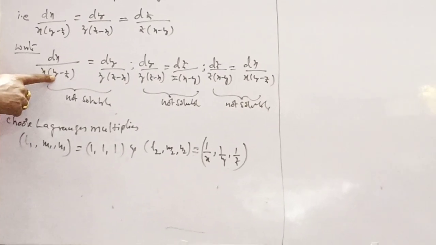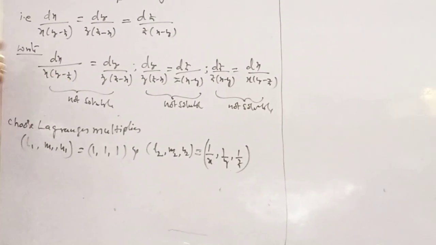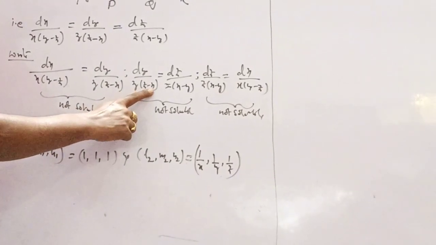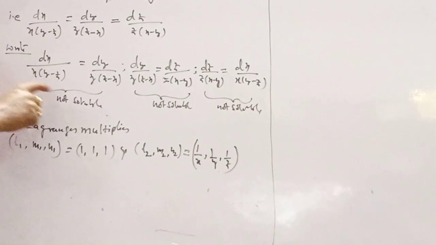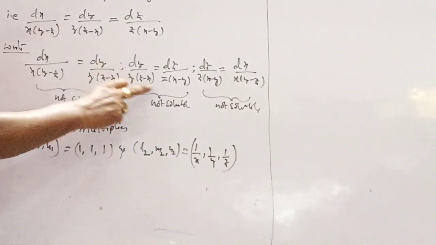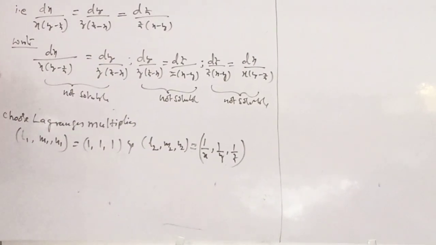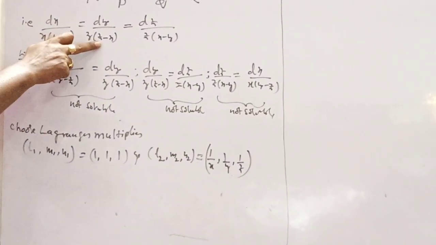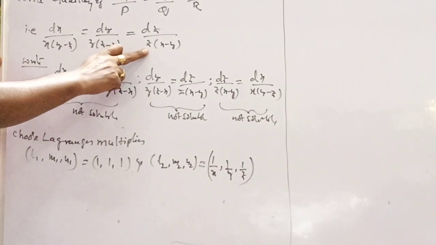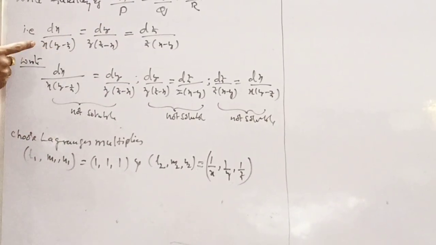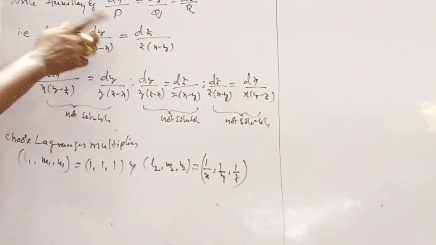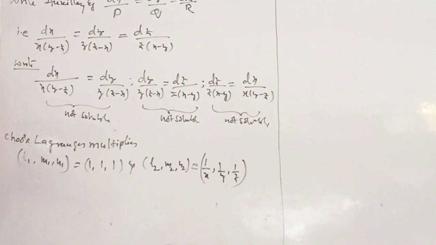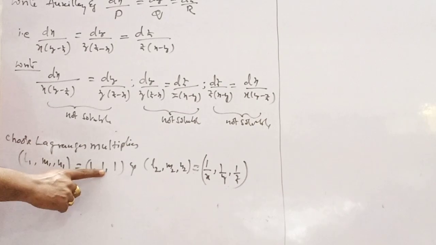So this is xy minus xz. Here you observe minus xy plus xy get cancelled, and minus xz plus xz get cancelled again. Yz plus yz minus yz get cancelled. So by expanding all these terms, all terms get cancelled. So you can choose l, m, n as 1, 1, 1.